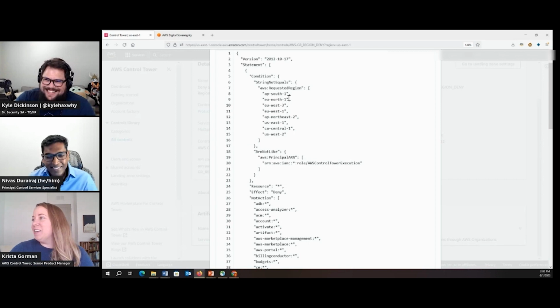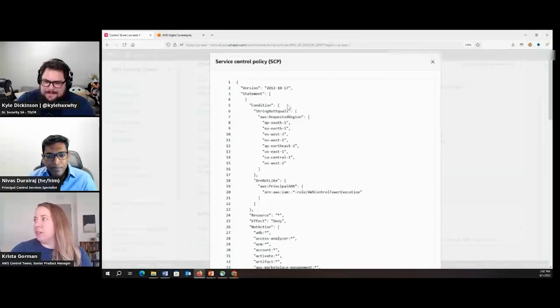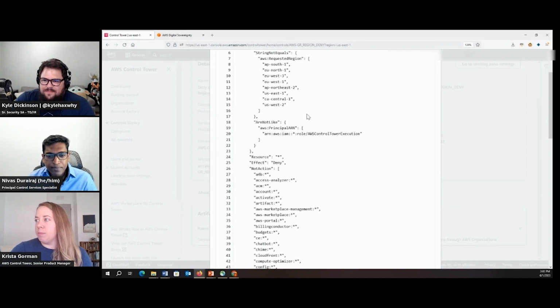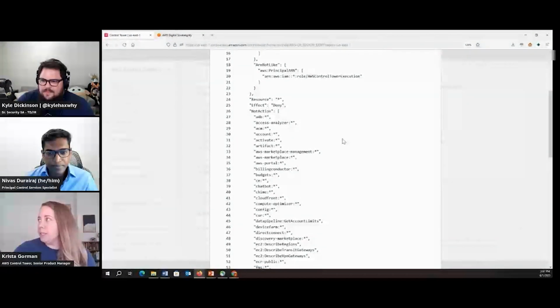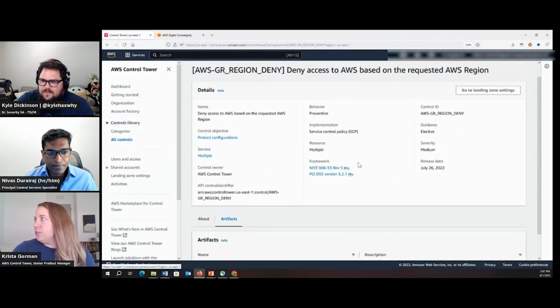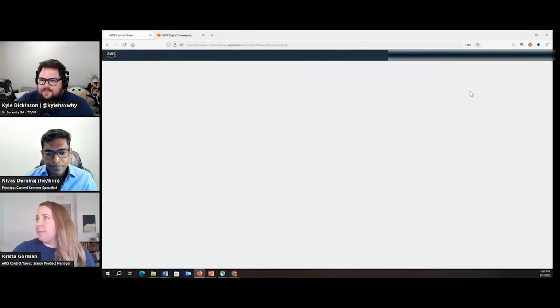Great call, Kyle. So this is essentially a NotAction list. So there are specific services within AWS that are global, right, that need to be allowed. Some examples of that are AWS Organizations or IAM, right? And so you'll see a specific NotAction list where these global services are allowed. We have vetted, right, that this does not transfer any customer data. So it still applies to those data residency targets. But let's try to apply this. So as I mentioned, this actually is in the landing zone settings page. So this will take us to our landing zone settings.